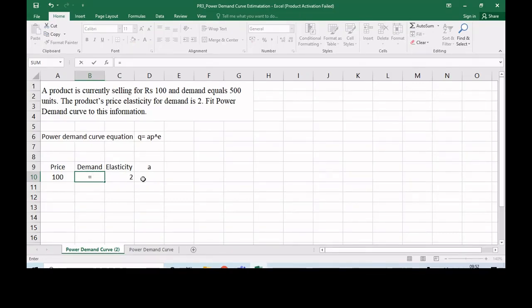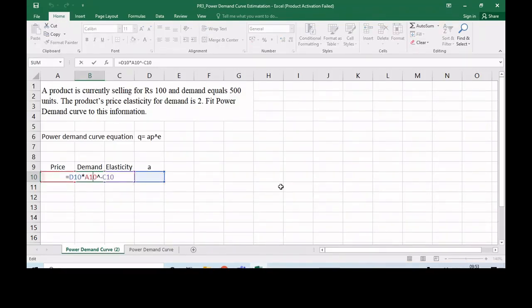I am entering the formula. The A, at this moment A is blank, but select that cell, A, multiplied by P, that is the cell address A10, raised to. For getting this raised-to sign, on your keyboard hold shift and press 6. So raised to, and the elasticity, and we know that in a demand curve the elasticity value we take as a negative value. So add a negative sign and then the cell C10, then enter.